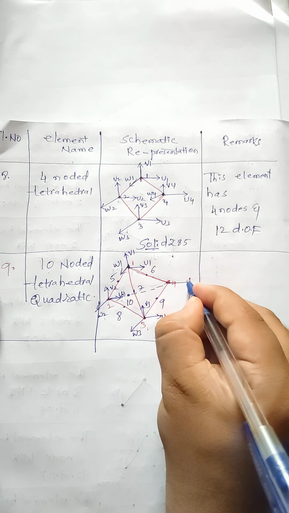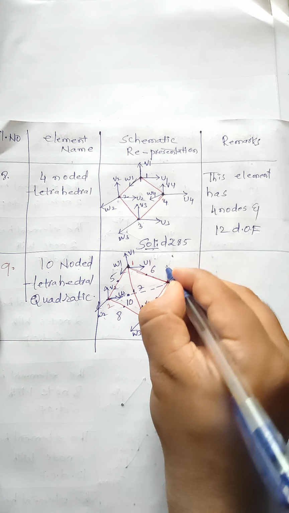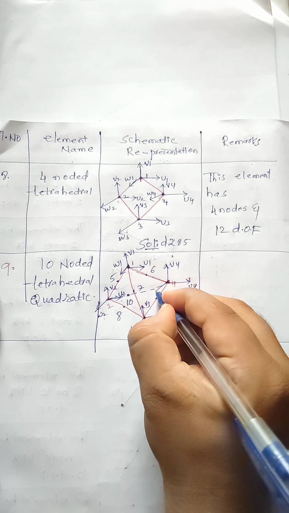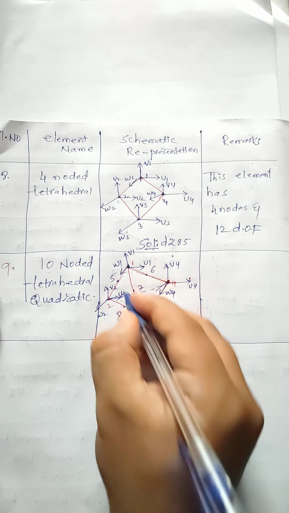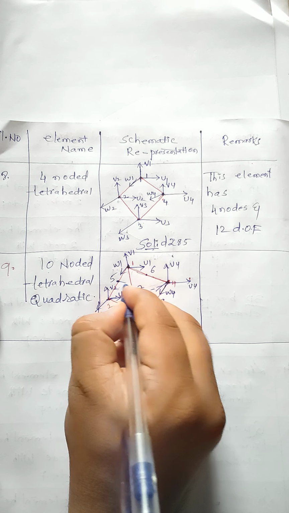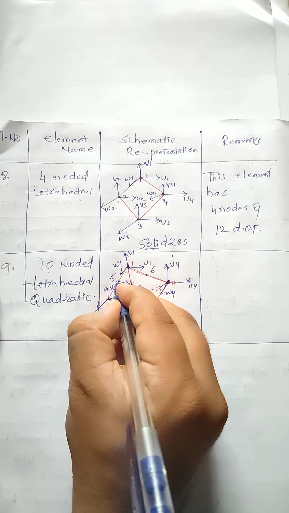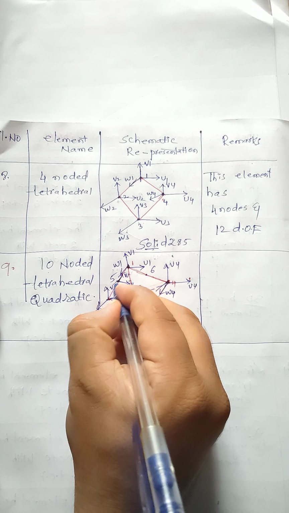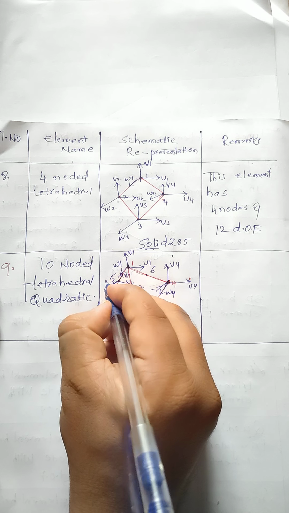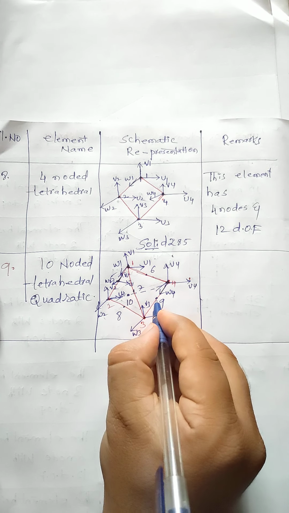Okay, this one is u4, v4, w4. Okay, and this is node 5, u5, v5, w5, and this is w6 and this one is